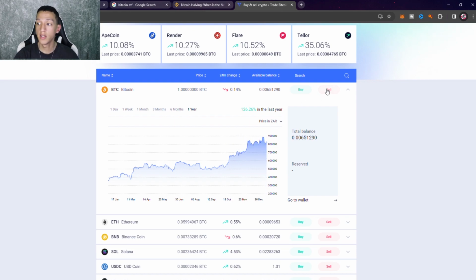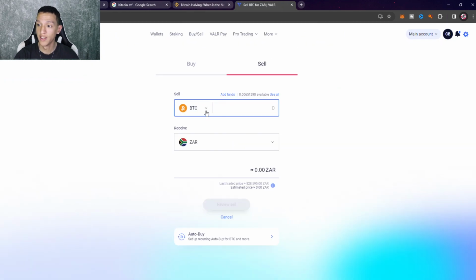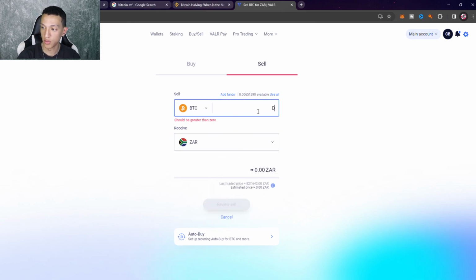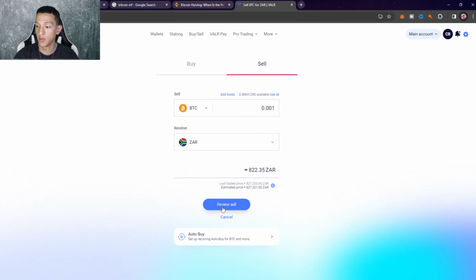Similar to the sell, how you do instant sell, you just click on sell, but I won't sell. You'll click just on the BTC. For example, how much BTC you can either change. You can change this to sell, or you can just say you want to sell, like here you can say ZAR. So I want to sell, for example, 1, which is equivalent to 800 ZAR, which is the amount of BTC you want to sell. So you'll just say review sell and so on.